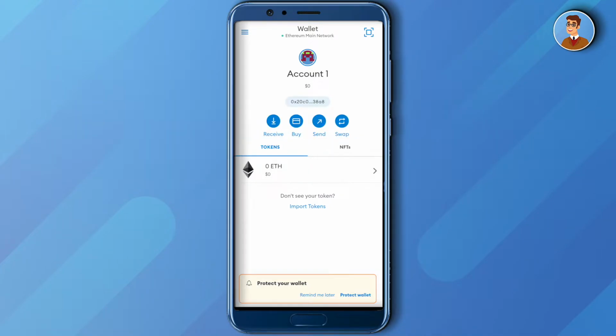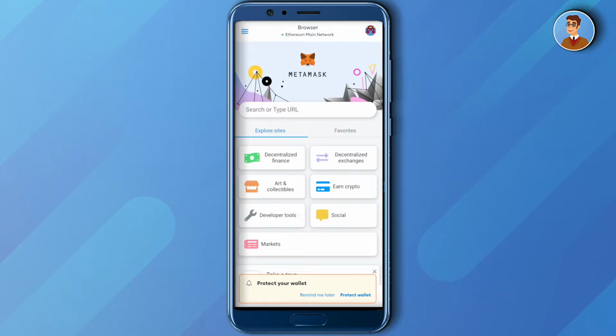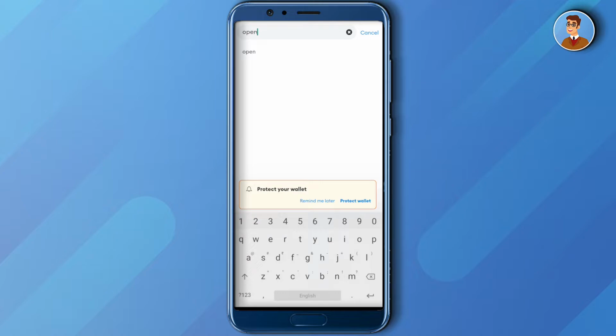So first of all, get the MetaMask wallet on your mobile device, and for that you can use the App Store or Play Store. And after getting MetaMask on your mobile, just simply click on the three lines on the top left corner, and here select browser, then search for OpenSea, click on it,